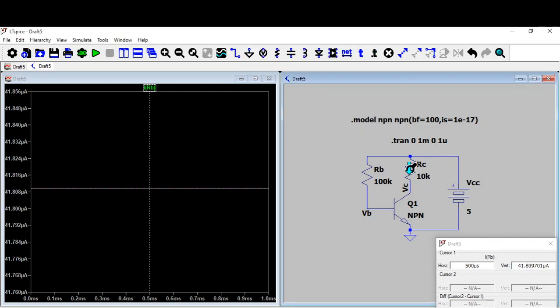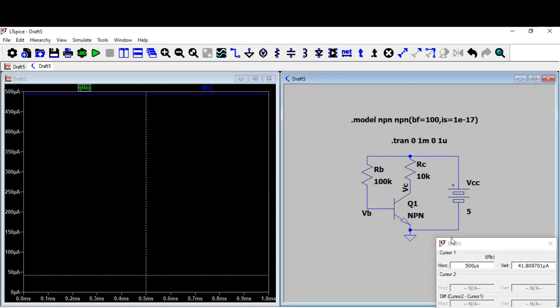How much is this current? Can you see this now? How much is the current of IC? It is this much. Why is it this much? Because we know that if you actually find the ratio of IC and IB,